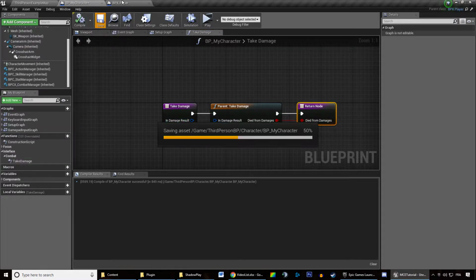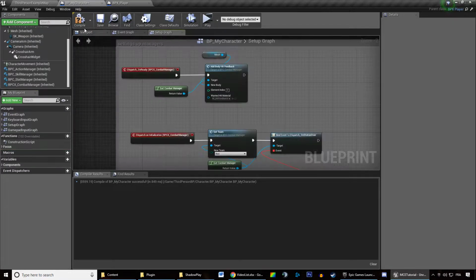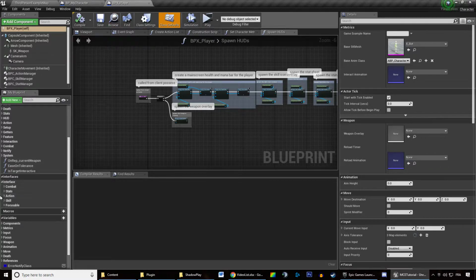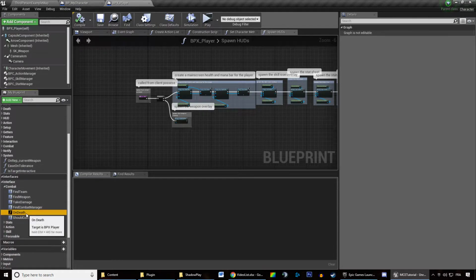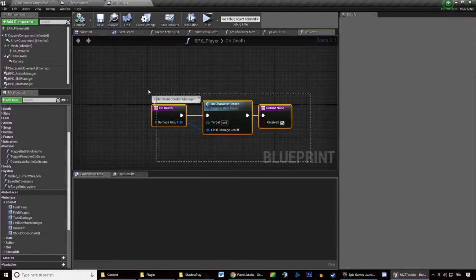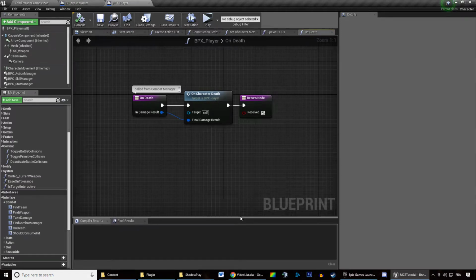So if you want, for instance, in your character, when my character dies, I'm just opening up real quick the character I built. In the character I built, there is an onDeath function,